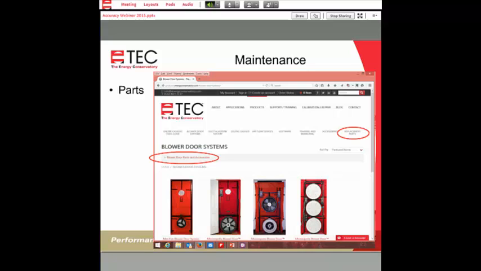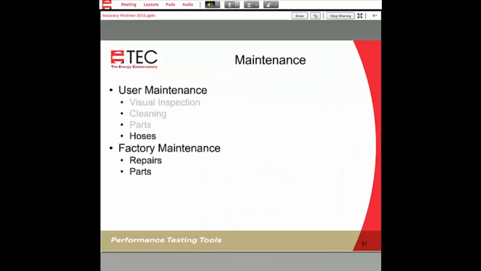You can also go to the blower door system, and you'll see a link for blower door related parts and accessories. All of the prices should be up to date. When you're ready to purchase those, give us a call, and either us or our distributors around the country will be able to get you the products that you need.